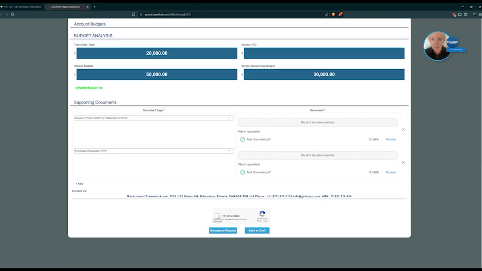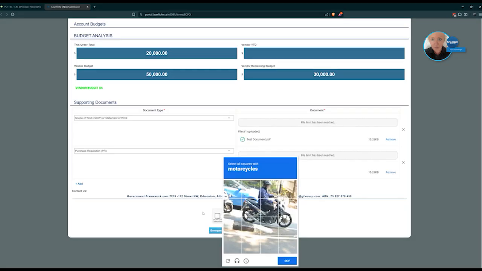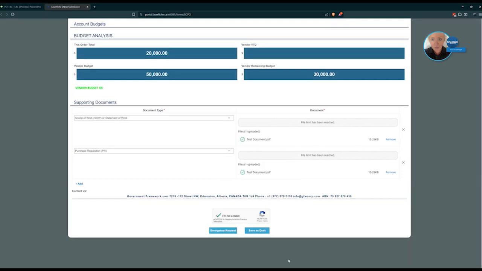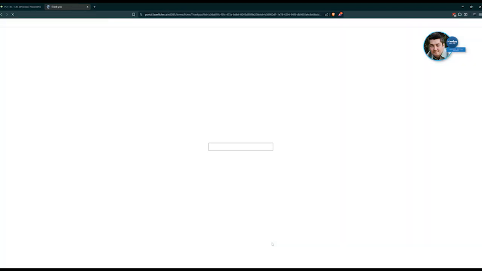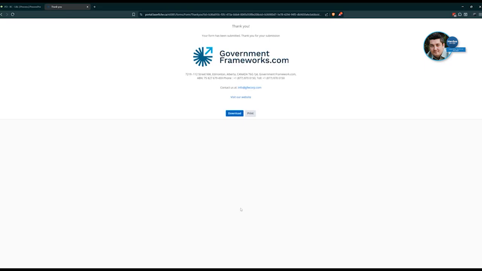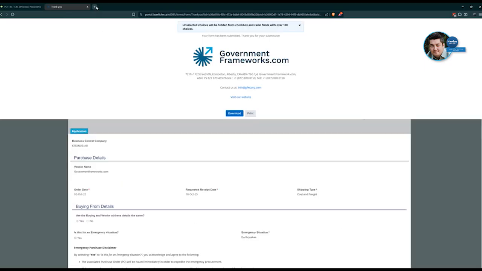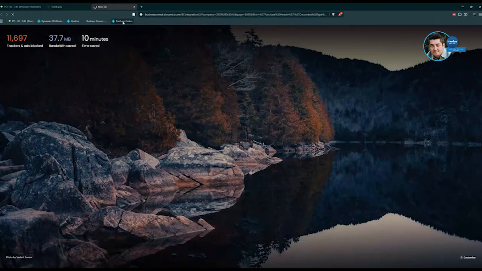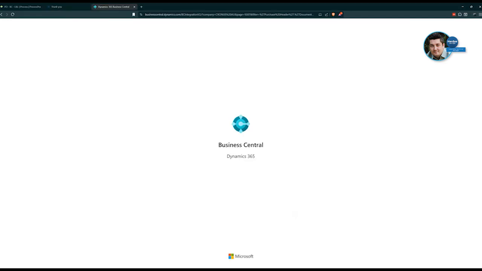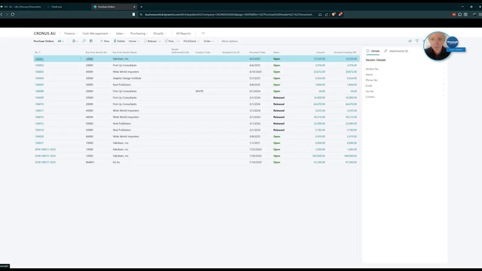It will also reduce manual follow-ups, and we all like that. So manual follow-up with some of your vendors, and it ensures every PO is fully supported and builds confidence with your auditors, your council members, and your residents. So I'm going to submit this emergency request, and we can actually jump over into Business Central to review this purchase order. So we're now going to look at the PO in Business Central, and what's powerful here